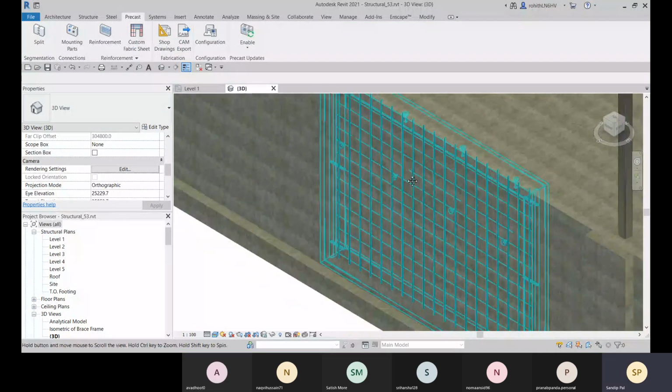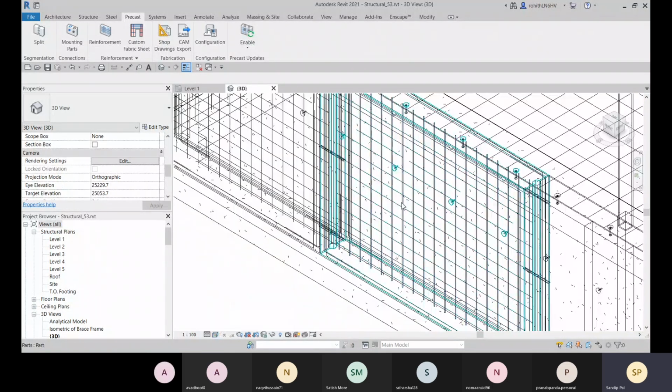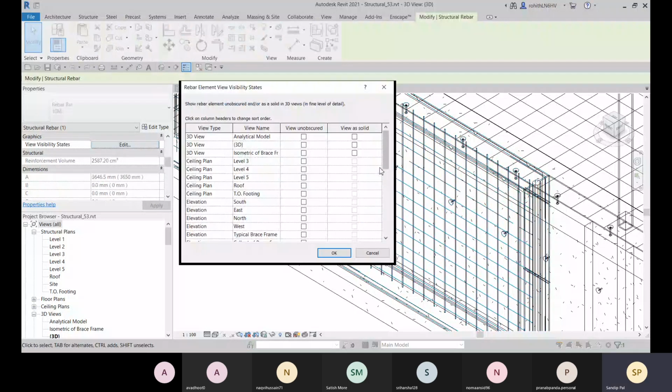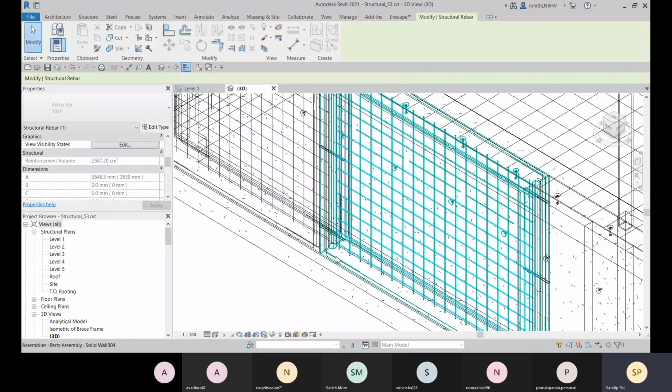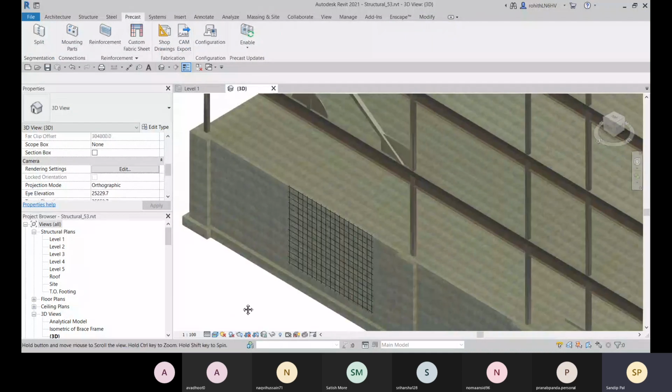Okay, so here you can see, and for the horizontal ones also, I had to select, go for wireframe. Okay, for this also visibility settings, view as solid, view unobscured, click on OK, and go for realistic. Okay.